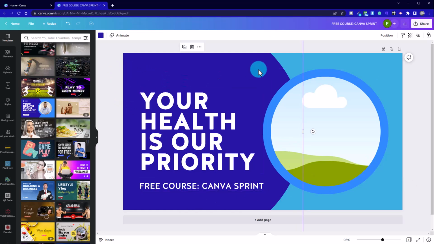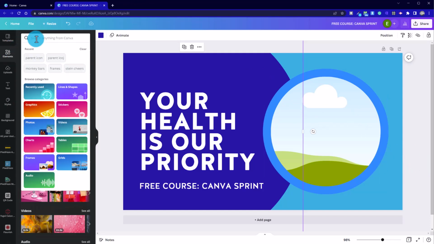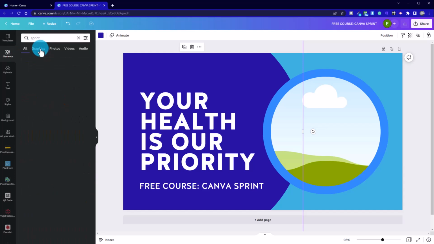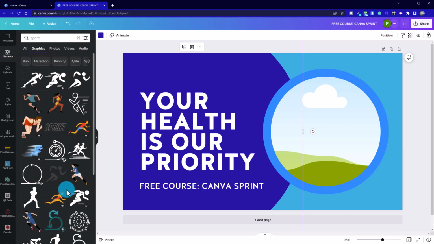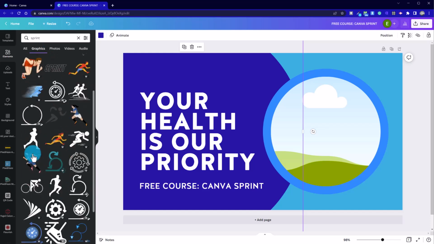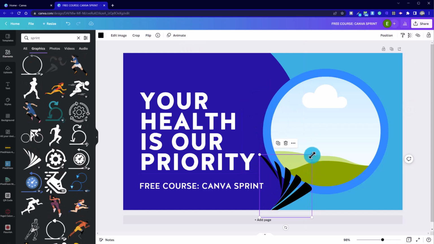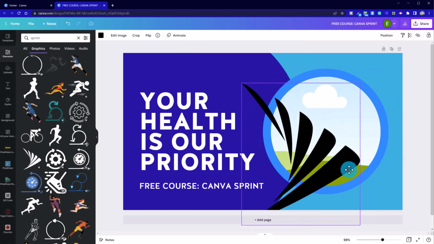Okay, so we're getting there. I think this circle is just a little bit too soft. I want a little bit more edgy showing Sprint. So even though we started with a template, it's probably going to look quite different by the time we finished with it. I'm just going to do a quick search for Sprint and for graphics. Something like this could work quite well to frame